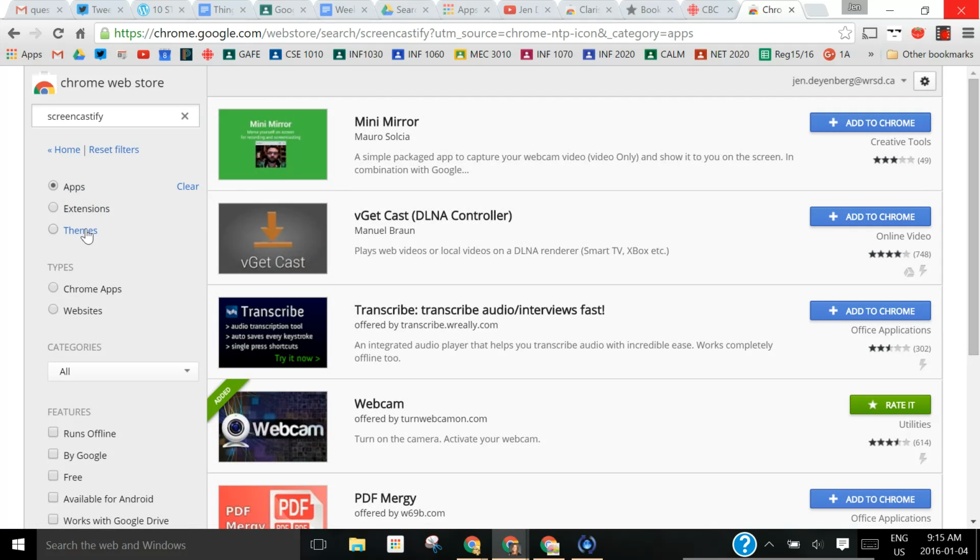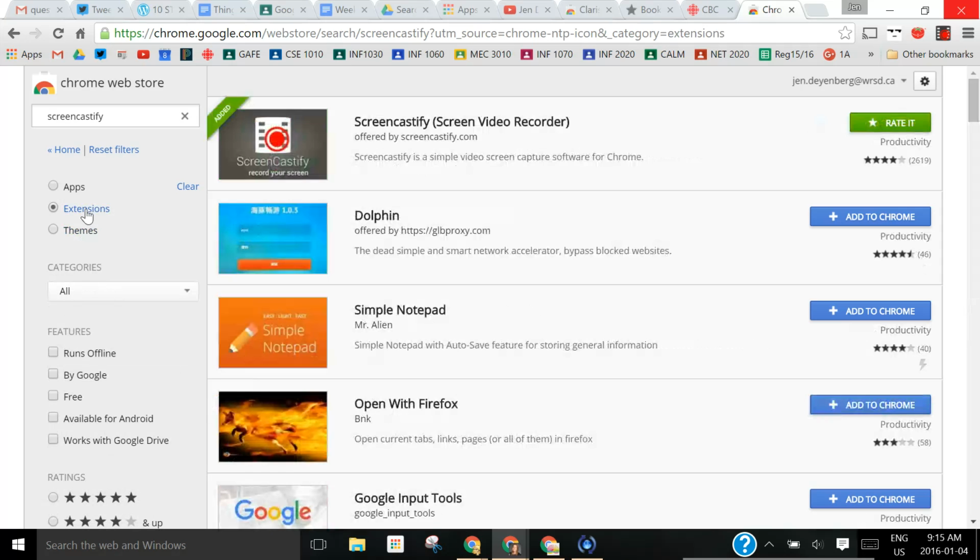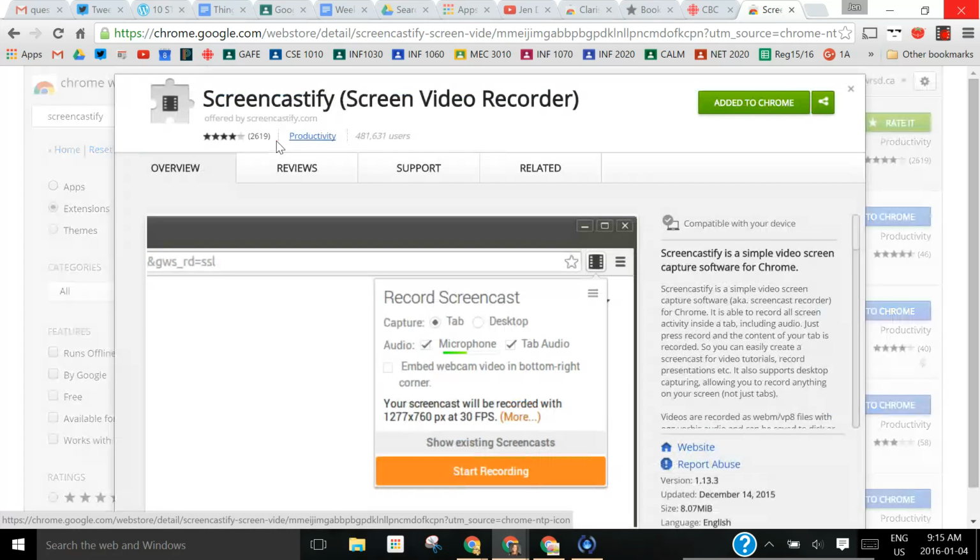Themes are like skins. You can make your whole thing Star Wars. Students happen to really like that. So I can go add to Chrome. It's already added for me. So Screencastify is really quite neat. I'm just going to click on it so you get the idea, because if I stop the video, you can't